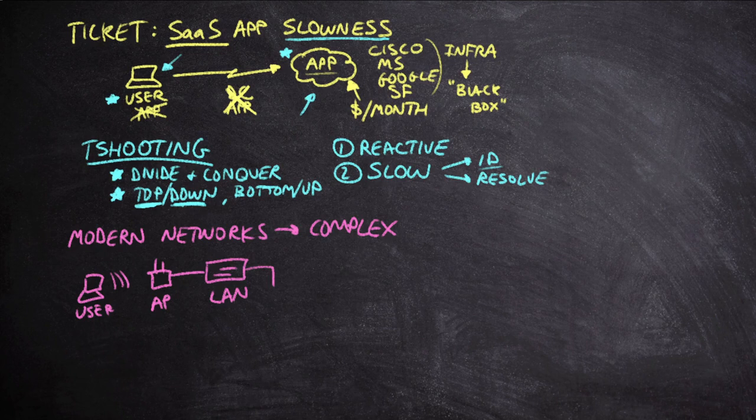We might have a wireless LAN controller in here, by the way. And so we've got a CAPWAP tunnel we have to worry about. I won't draw that in here just for the sake of reducing the complexity a little bit. So then we're going to go to some kind of layer 3 device. And that layer 3 device is probably a layer 3 switch. It could be a router. We might have to go through a WAN circuit.